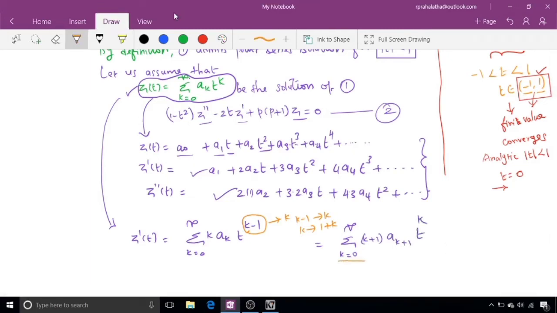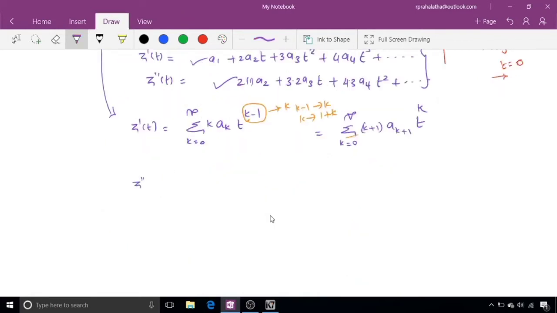Here also k replaced by k plus 1, so k plus 1 equal to 0 to infinity. That means k varies from minus 1 to infinity. While expanding the summation by replacing k by the first value minus 1, substituting minus 1 plus 1, it becomes 0. So that is meaningless. So we can exclude k equal to minus 1 from the summation. So k starts from 0 to infinity.